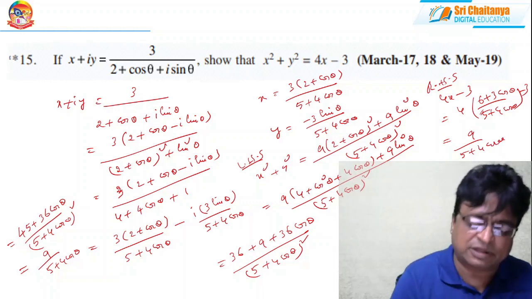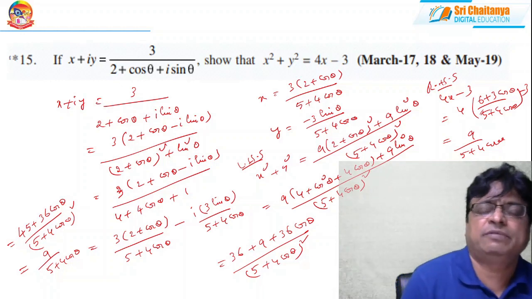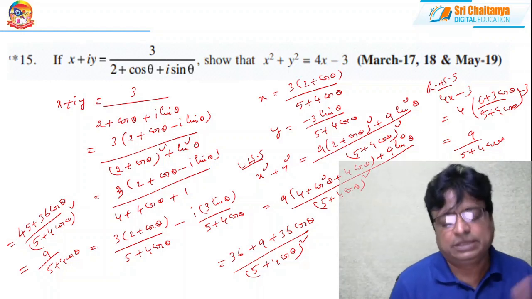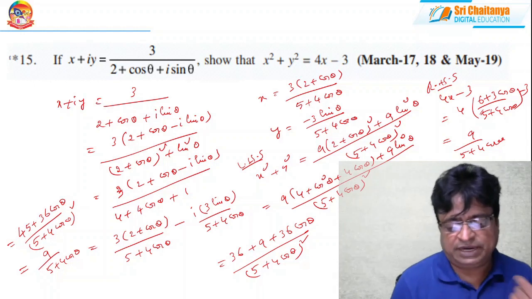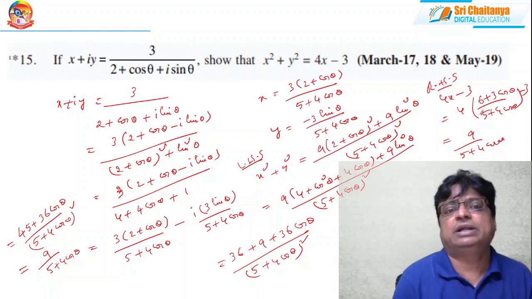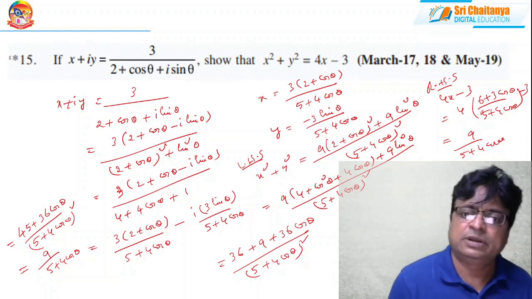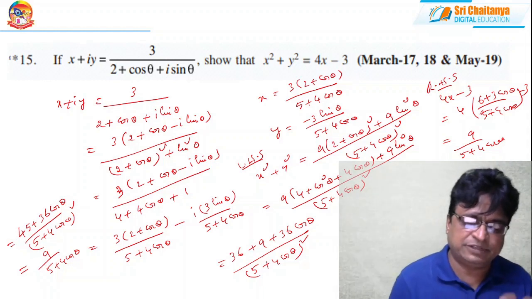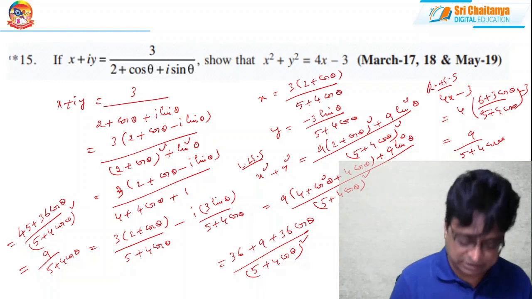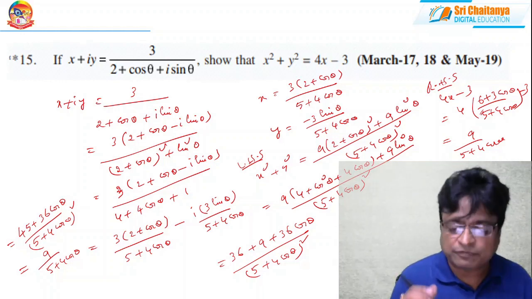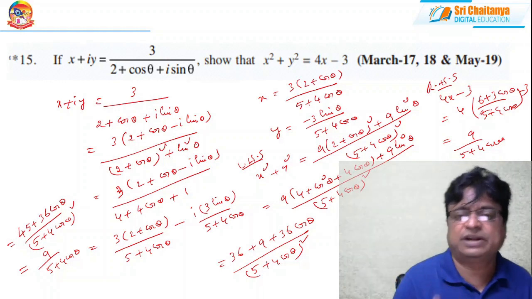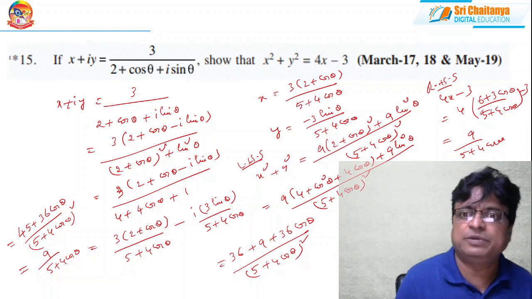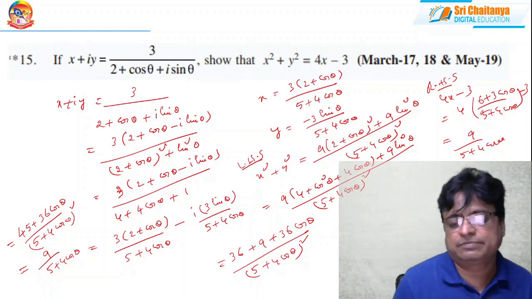Neatly, you please draft all the steps. You can get the problem very easily. Or you can do one thing. This is x plus iy. Find x minus iy and multiply that. You will get the answer also. But here, why I am very much interested in doing rationalization is that with this mechanism, you can understand how to find the real and imaginary parts of this kind of complex numbers, which may help you in solving some other problems.